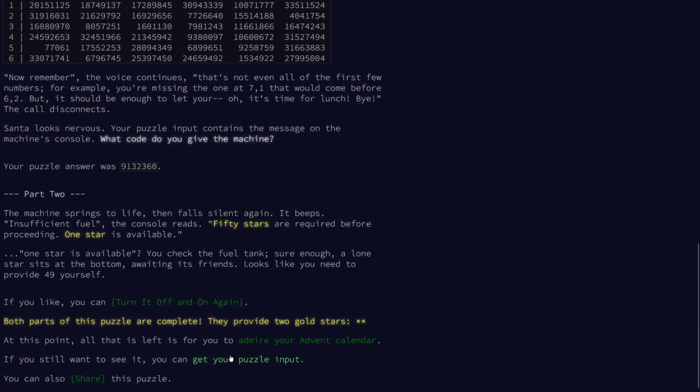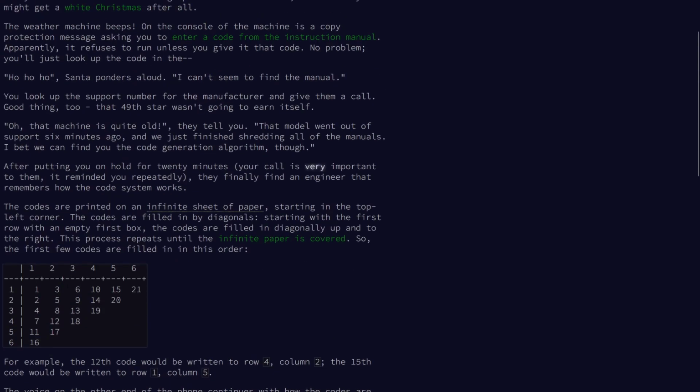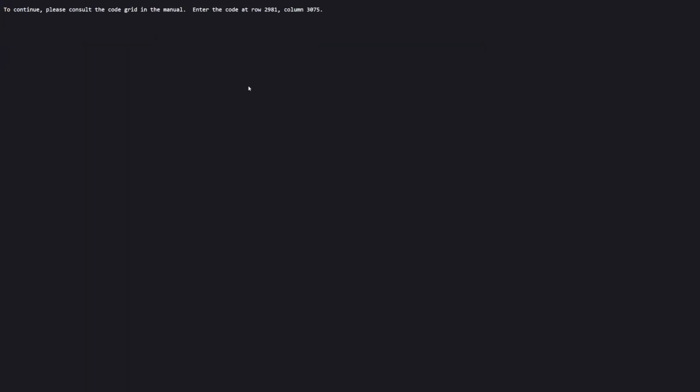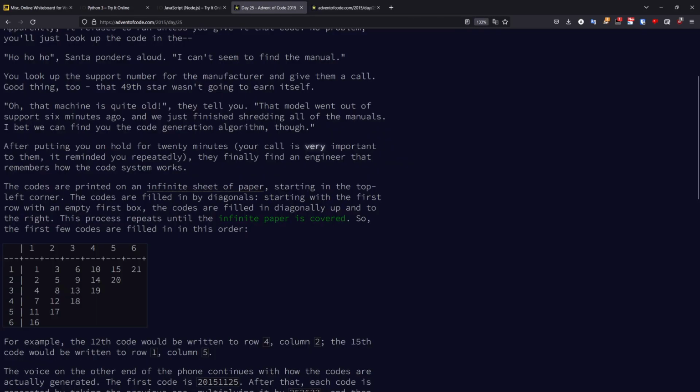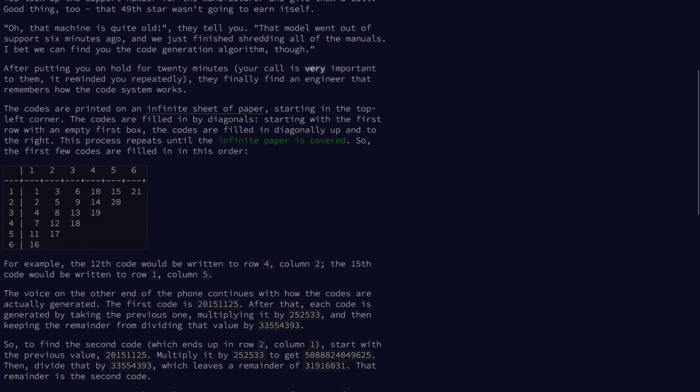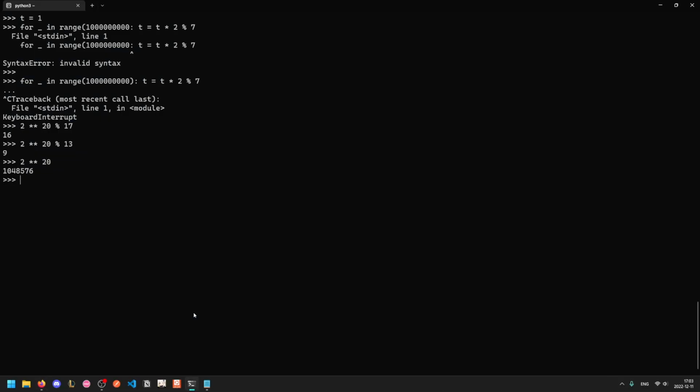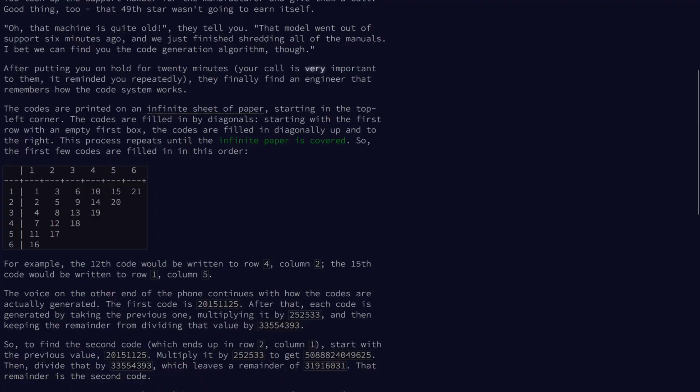And so your puzzle input is which position you need to output. In my case, it was row 2981 and column 3075. The first thing we need to figure out is what position on that page is, so which number would be here. So the way we do that